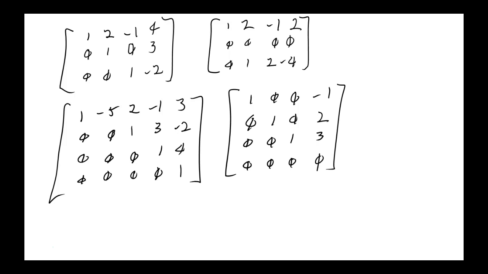Is it in reduced row echelon? Why not? The 3 on the third row... Okay, it doesn't have to be. Remember, to be reduced row echelon form, those leading ones just need zeros below them and above them. This doesn't have a leading one. If that was a 1 down here, yeah, these would have to be zeros. That's a 0 down here. Okay? The leading ones have to have zeros above them. That's all there is to reduced row echelon form.